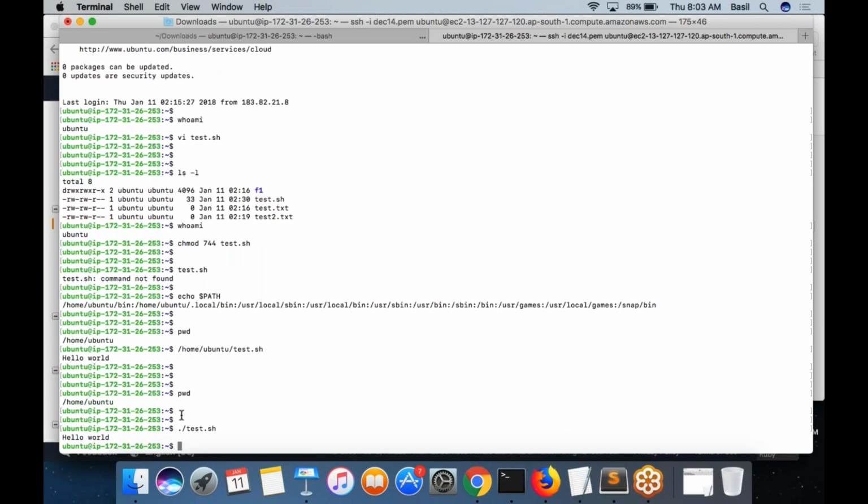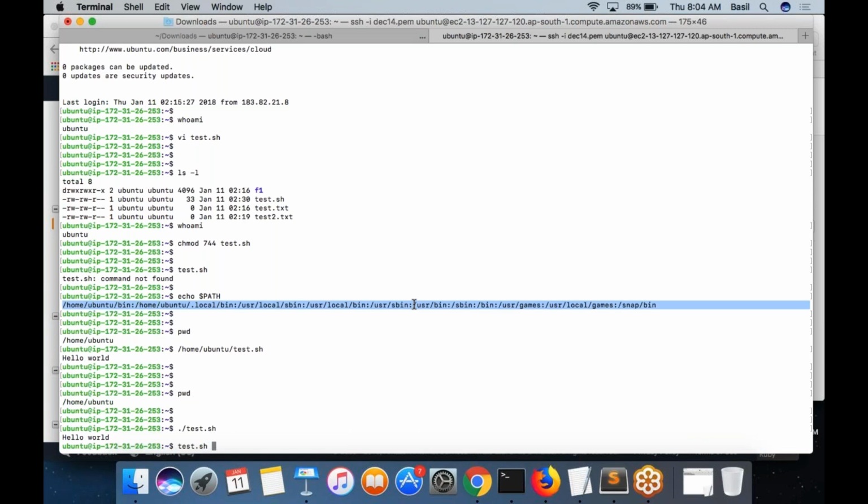So now let's say I want this script to be executed like test.sh. What can I do? I want to simply run test.sh, get the script executed and have it print hello world. Is there any way I can do it? There are two ways. One thing I can do is copy this script into one of these folders.